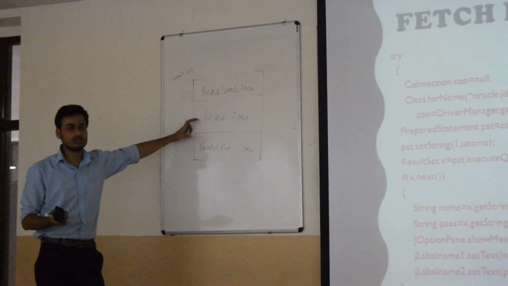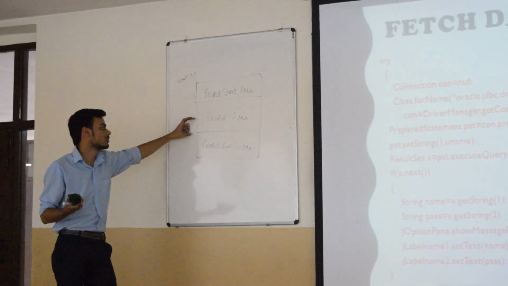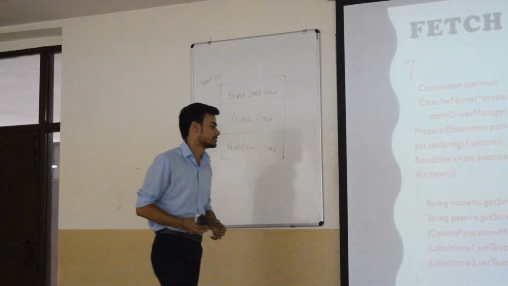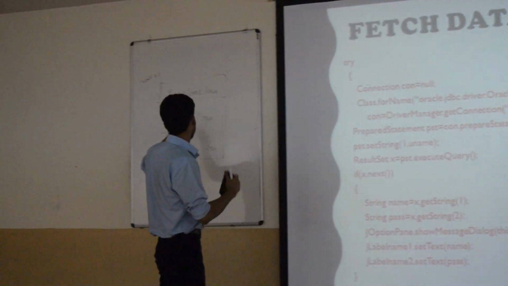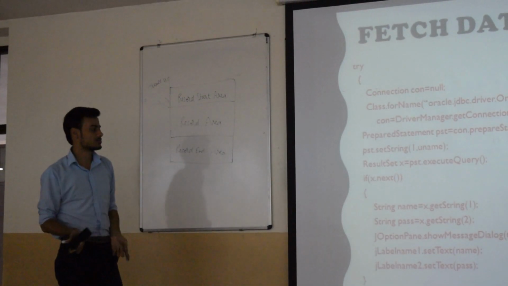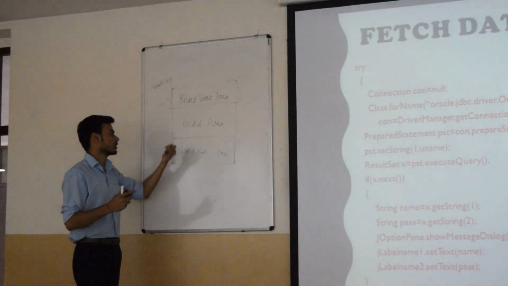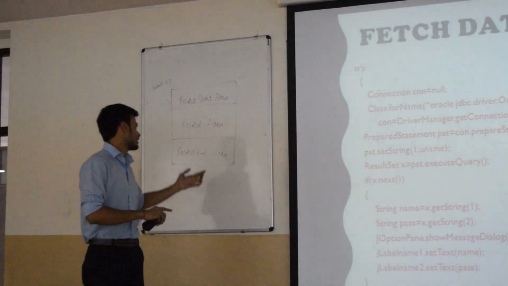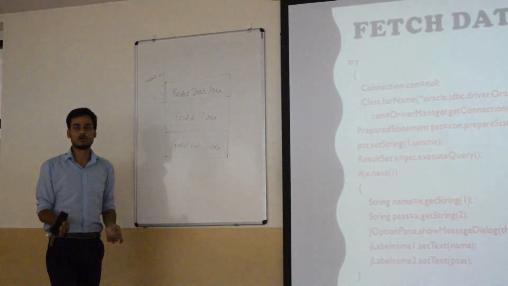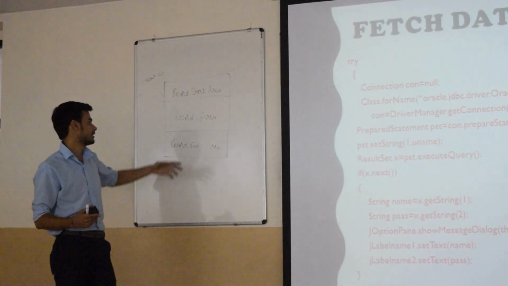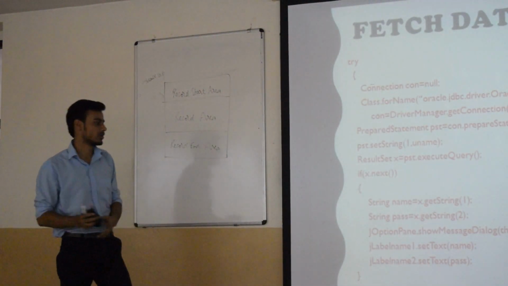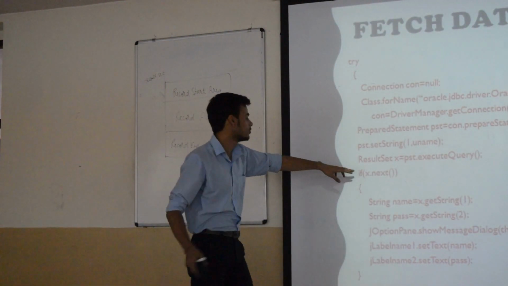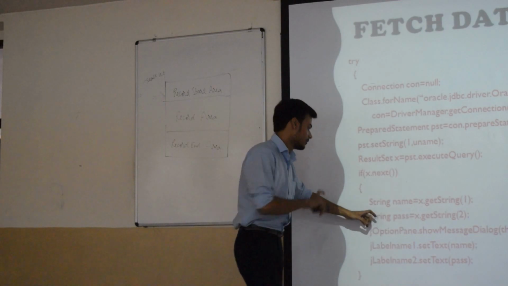And depending upon the number of rows contained in the database table, it processes the data or displays it. So the .next method does two things. It moves to the record area and it also returns two values, either true if there is another row in the data, or false if the data has reached an end or there is no other row. So if the value returned is true, it will get into this loop.